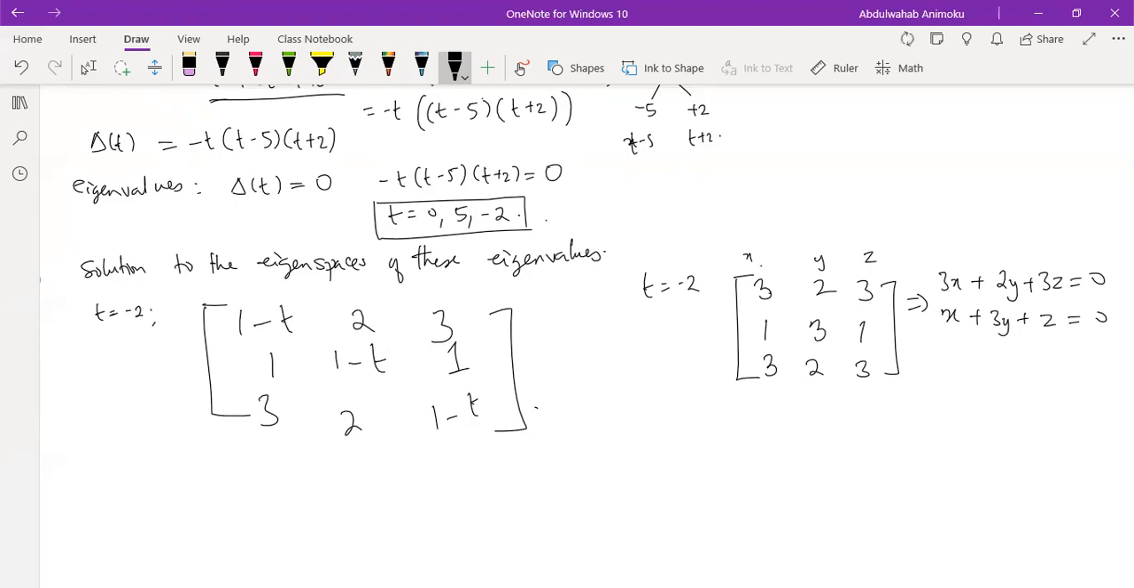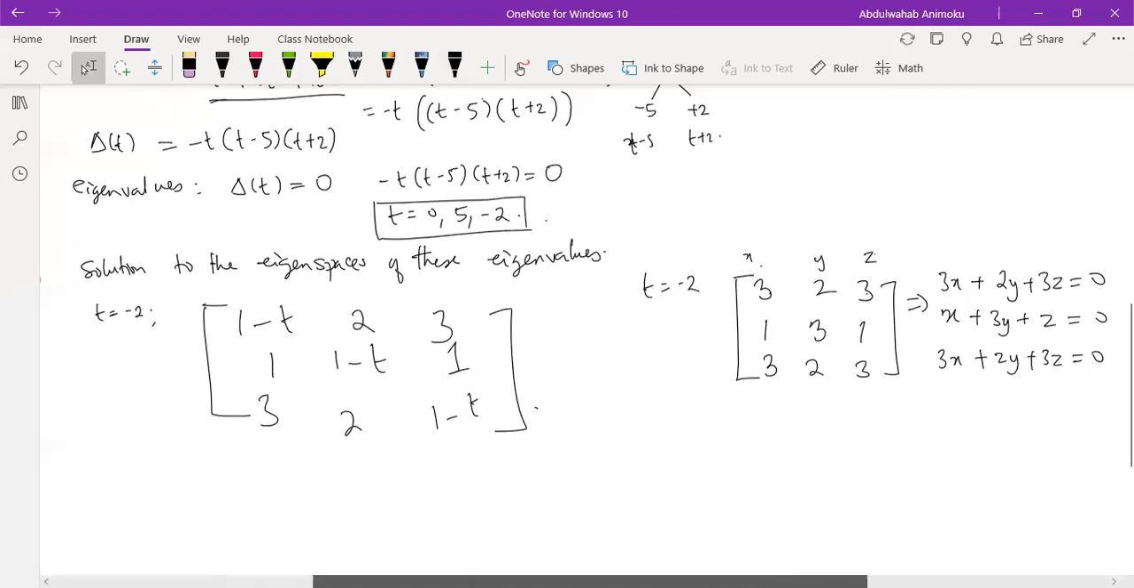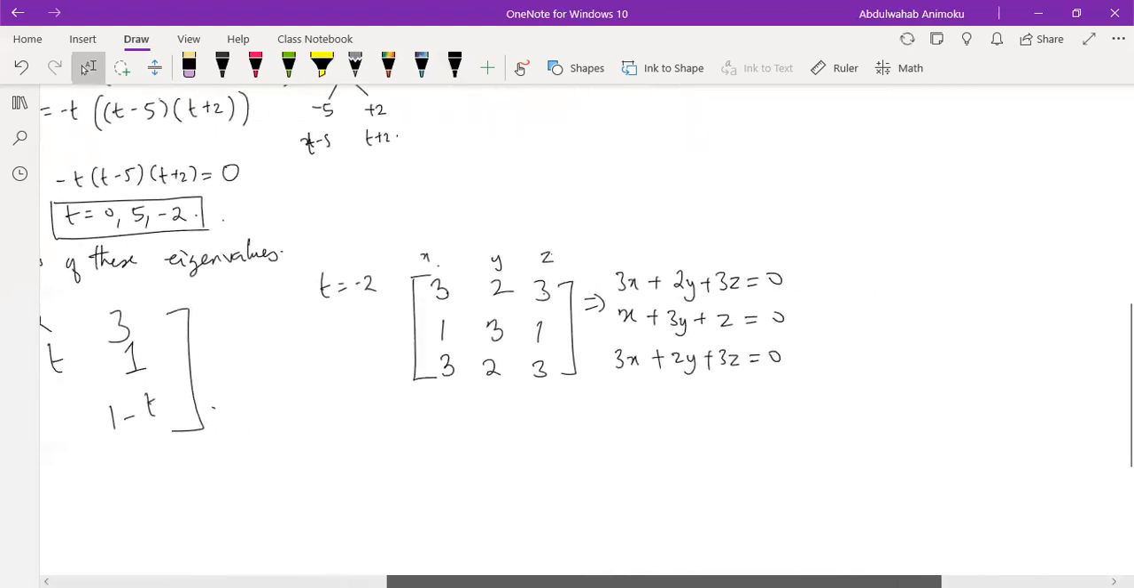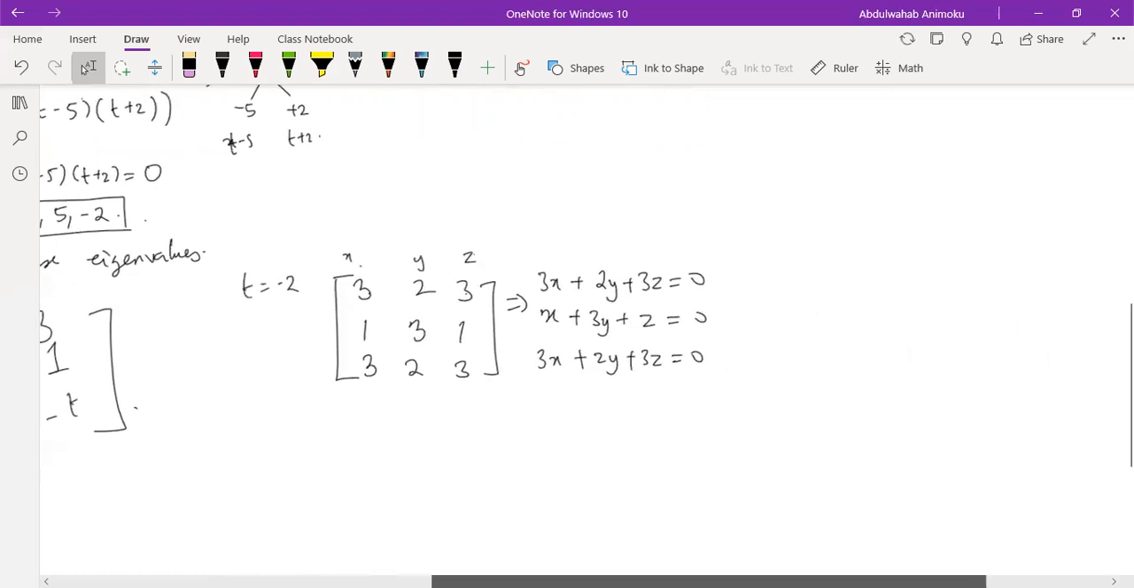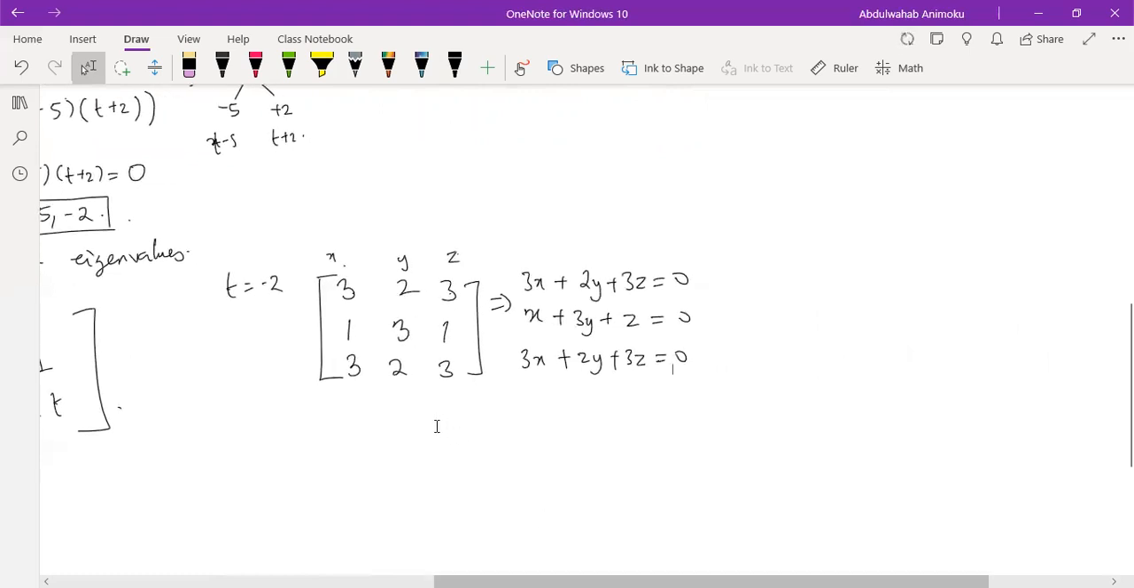So we have 3 times x plus 2 times y plus 3 times z, and we do this for all the rows of this matrix. So you need to solve this thing simultaneously. The solution set to this particular equation. Now you can play around with this set of equations to actually figure out